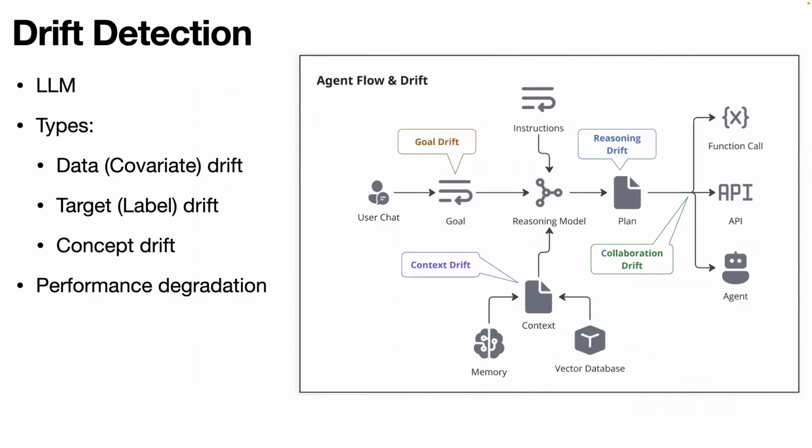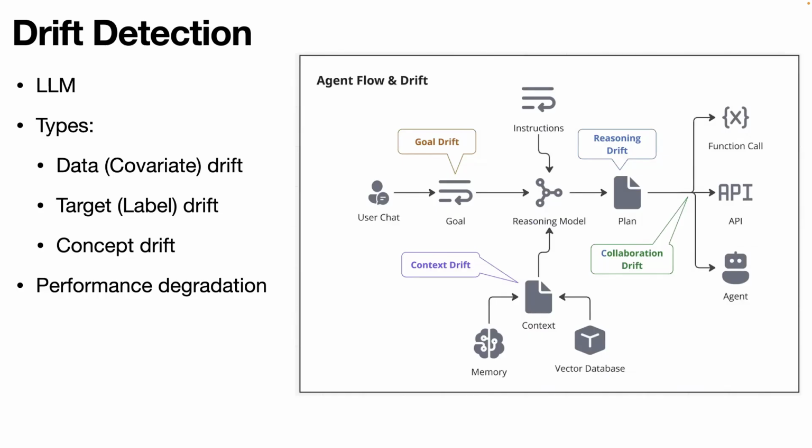Next, also a very big topic is drift detection, because in traditional ML, there are different types of drift and a lot of different approaches for how to deal with it and how to detect it. It becomes even more complicated with agents, because I found this paper. They're introducing new types of drift, where